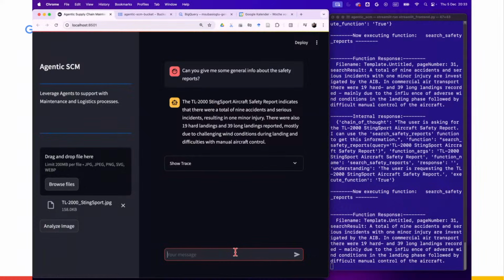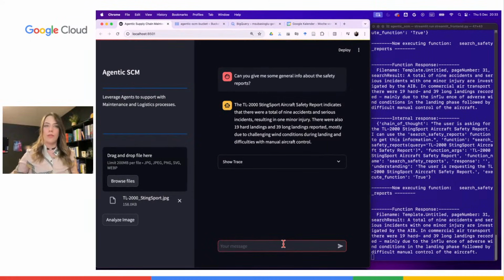So that's the other thing here that we need to be aware of whenever we design multi-agent systems. So we have the context of the chat session that we populate over. We have been talking a lot about the TL Sting sport in this case. So I'm asking about safety reports. From a topical perspective, these can relate to the Sting sport. But in my case, these are independent of the Sting sport. So what can happen if you have functions that are very similar is that the agent miscalculates and calls the wrong function in this case, and then answers with the wrong answer to my question.